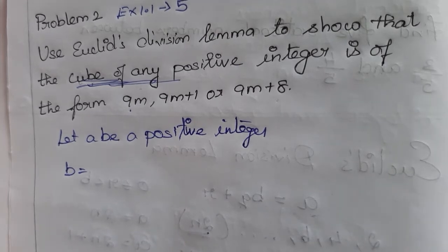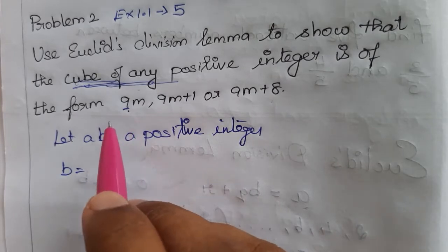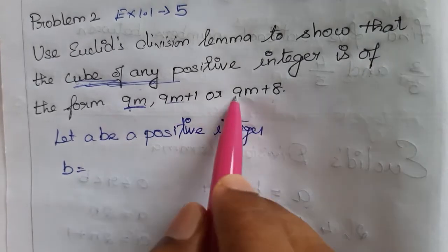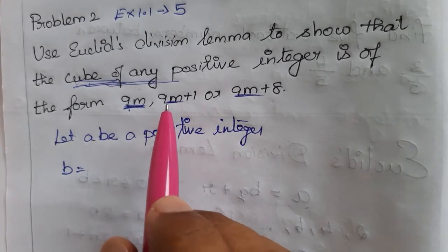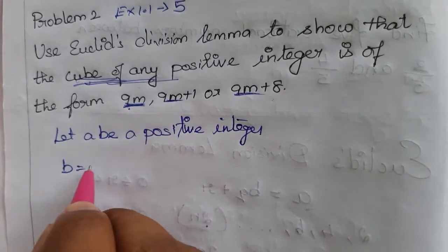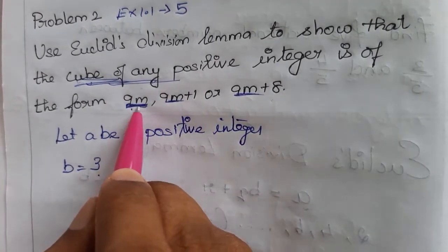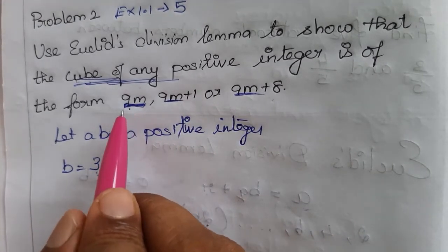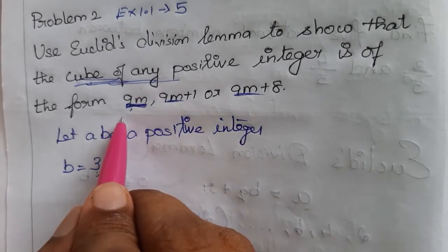But some special cases are there. 9 is a square number, right? The multiples of 9, 9m, are multiples of 9. The numbers present in the multiples of 9 are also present in the multiples of 3, right? So instead of 9 we can take 3, because if you choose 9, r will take 9 cases.